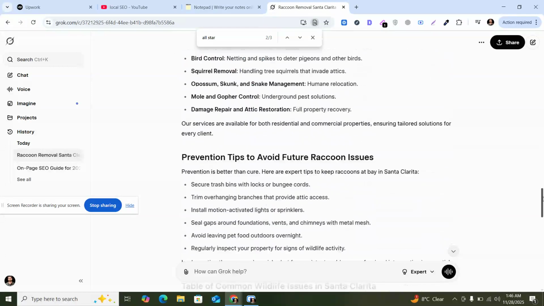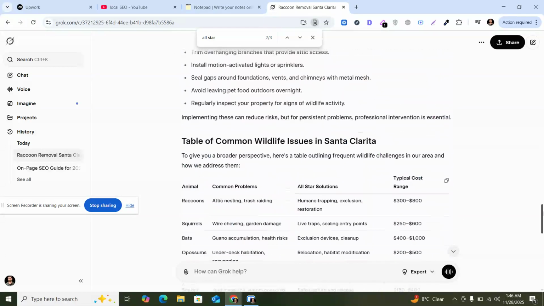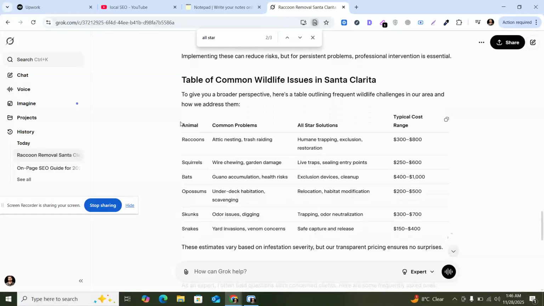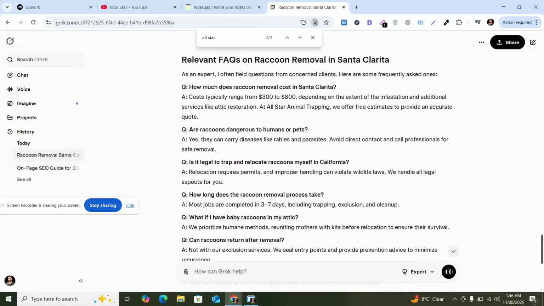Look at that article. This is another table they gave me, showing the common problems and All Star solutions. So this is also like the best. And also another thing, FAQs. They are giving me cost. I'm working in this industry for 5 years,